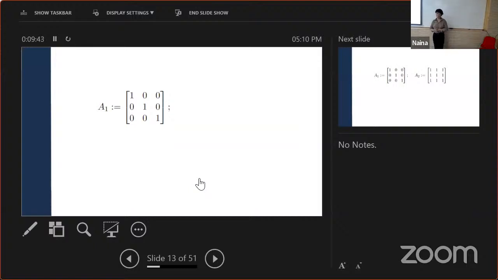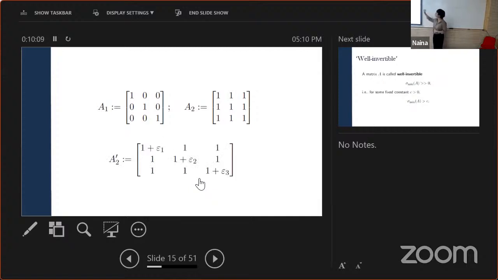So for the identity matrix, the least singular value is 1. And so no vector gets shrunk beyond its own size. In fact, everything just stays the same. In this matrix, because this is rank 1, there are vectors that in fact go to the 0 vector. So the least singular value for this would be 0, because you have some non-zero vectors that are just being shrunk to 0. For this matrix, the one that we perturbed a little bit, there are vectors that are very close to 0. It's not necessarily 0 because this matrix is invertible, but it's very close to 0. So there are vectors that are very close to being brought to the null vector.